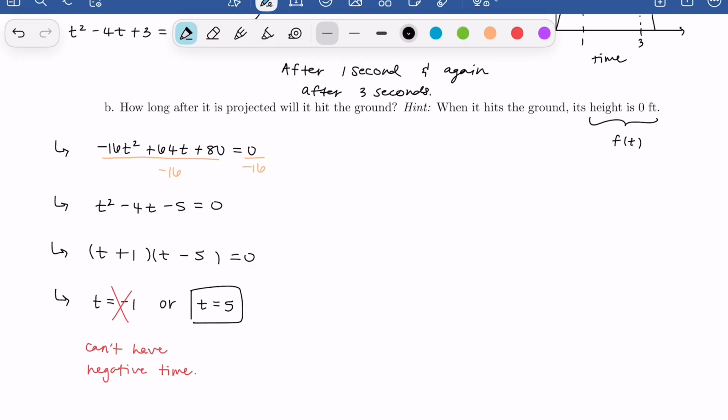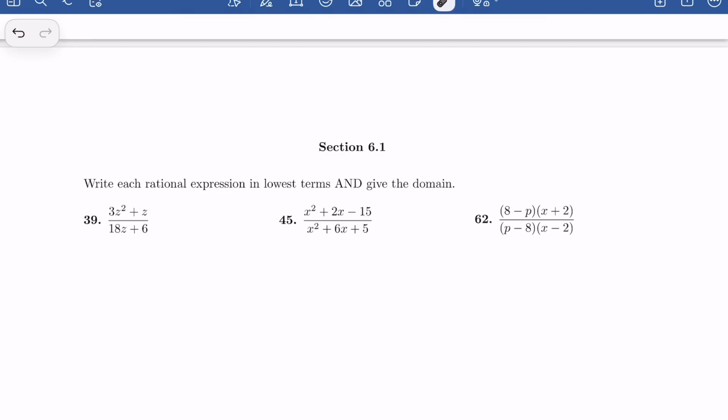This t is equal to 5. So this means the object will hit the ground 5 seconds after it's thrown. So the object will hit the ground after 5 seconds. This brings us to our next section where we're looking at writing rational expressions in their lowest